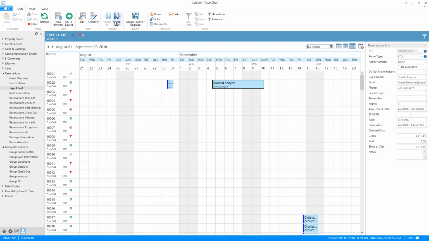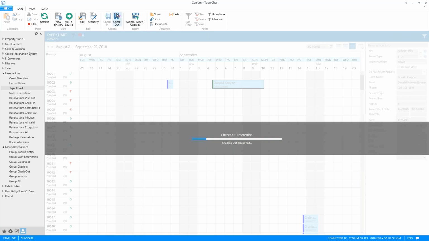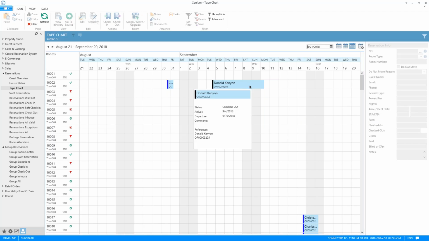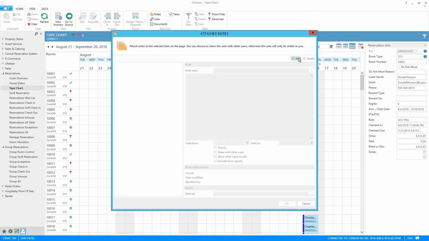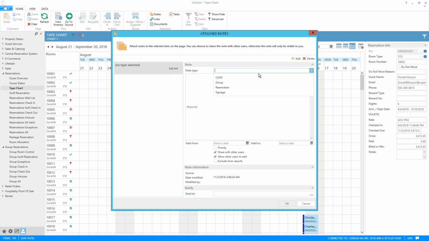We are able to check in and check out here with the tape chart. So if I want to check this guest out, I could do so. And now the status of Donald Kenyon is in the checked out status. So now we cannot assign any rooms, upgrades. We can attach notes. So we can add a note to this reservation. Say Donald says,